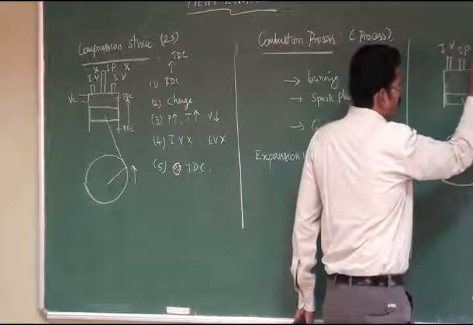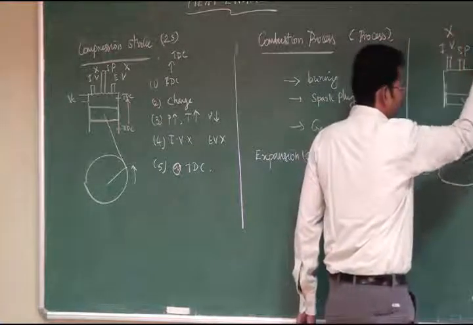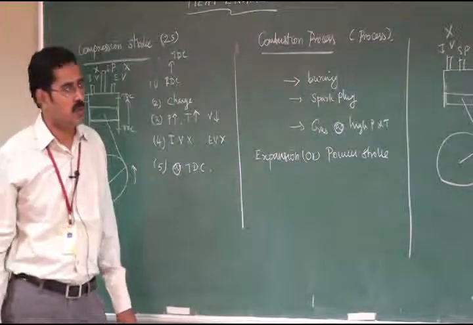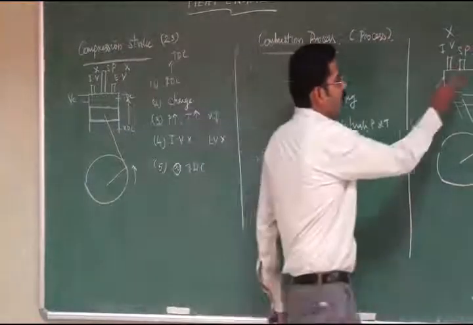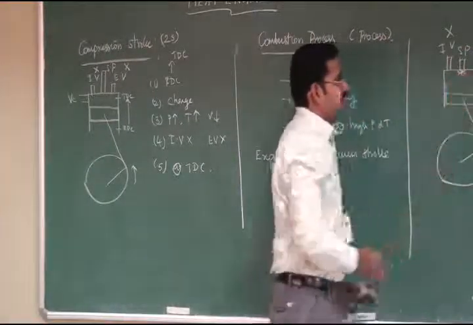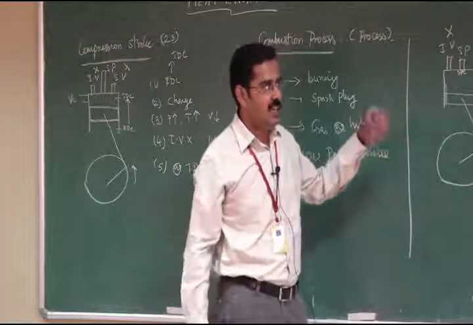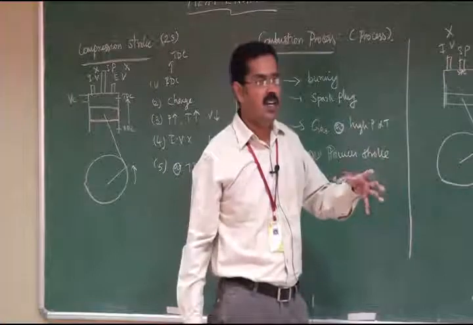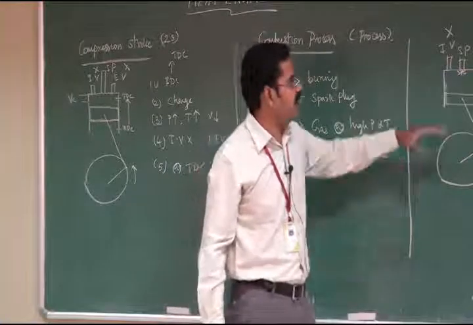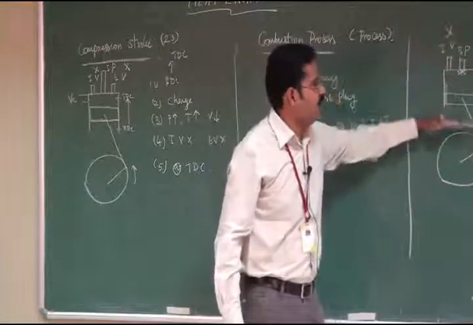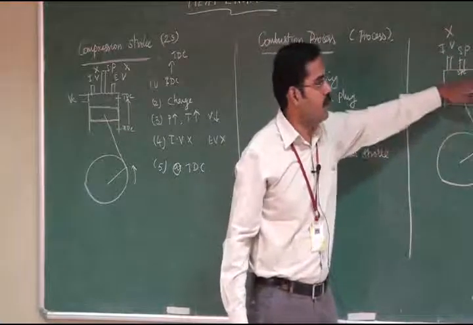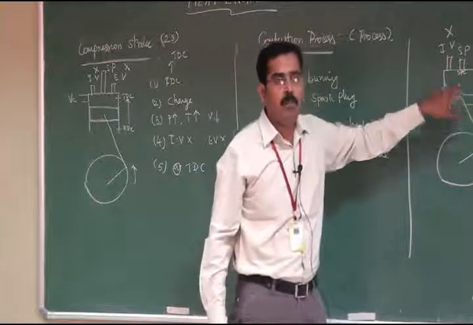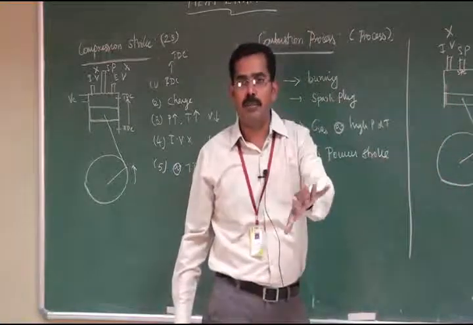During this stroke, both inlet and exhaust valves are closed. The spark plug produces spark. Because of the spark, the combustion process is initiated. During the combustion process, a lot of heat energy is produced. The gases try to expand. When they try to expand, what will happen? It will push the piston downwards. The movement of the piston will be TDC to BDC, during which the heat energy is converted into mechanical energy by means of internal mechanical parts.